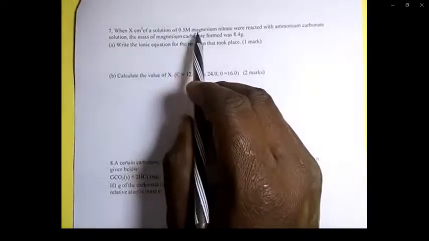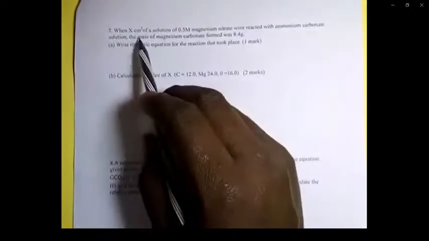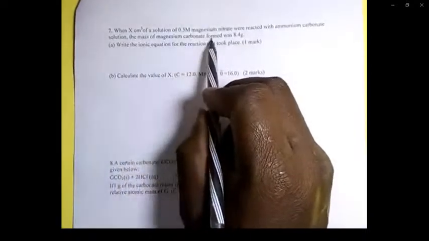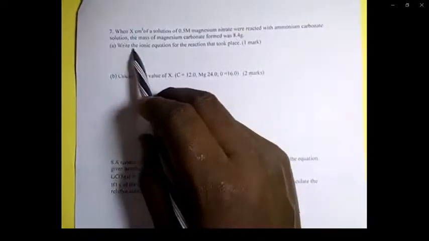0.5 molar magnesium nitrate was reacted with ammonium carbonate solution, and the mass of magnesium carbonate formed was 8.4 grams. Write the ionic equation for the reaction that took place. So for the ionic equation, I want to write first the overall equation, then from there we will write the ionic